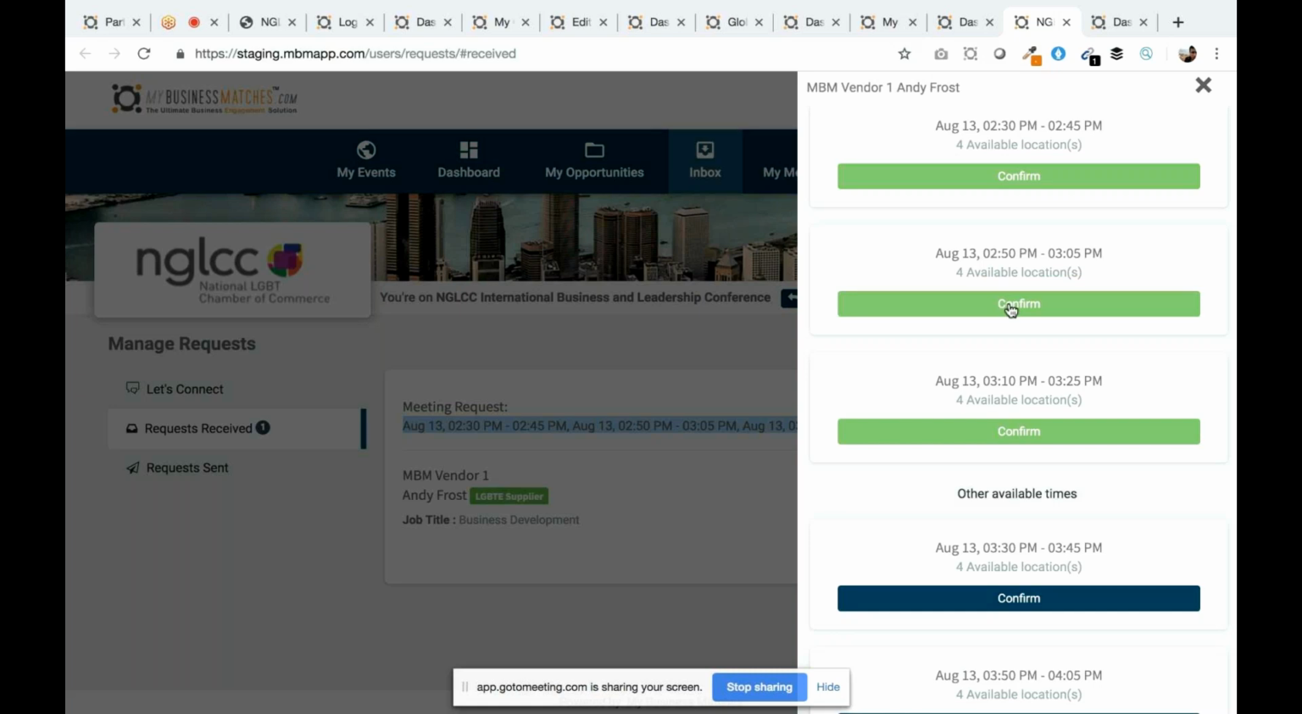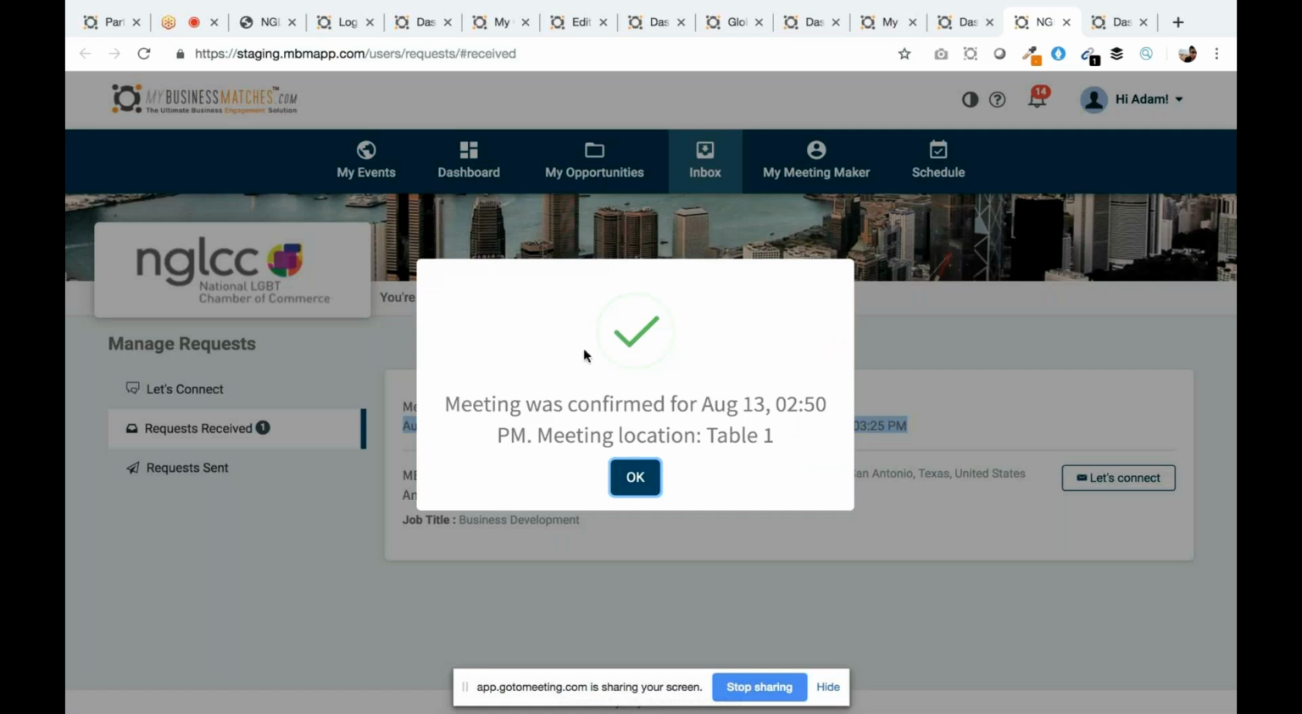I'm going to select the 2:50 to 3:05 time. Now this is an actual confirmed meeting. Meeting was confirmed on August 13, 2:50 p.m. Meeting locations at table 1. So with supplier meetings, the tables are randomly assigned. Buyers will have predetermined meeting locations, so you'll be able to see who at what time and what location you're